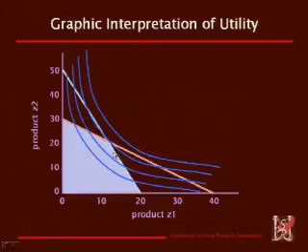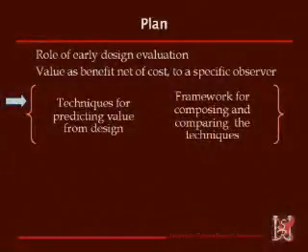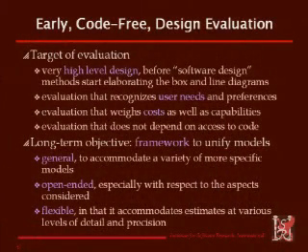And as you get more and more, the lower line is less valuable, then the next line is less valuable than the line above it. And so these pictures are saying that I'm indifferent on any one of these lines, but as I go up and to the right, I'm happier. So this is the basis of linear programming and other techniques that you learned in your economics courses. And even if you don't actually write the equations, this kind of intuition can be helpful in deciding what kind of mix of capability to put into a project.